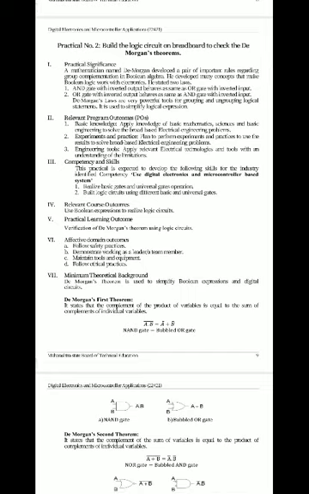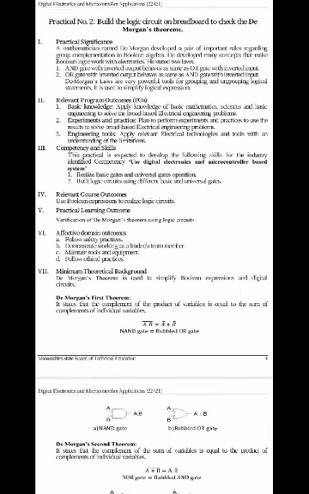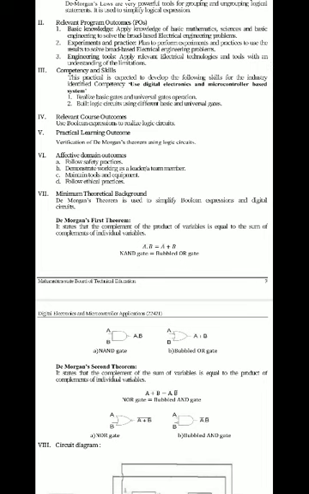Here we are getting the first De Morgan's theorem. It states that the complement of the product of variables is equal to the sum of complements of individual variables, which means (A dot B) bar is equal to A bar plus B bar. So we are using a NAND gate equal to a bubbled OR gate for this purpose. How to implement this logic?